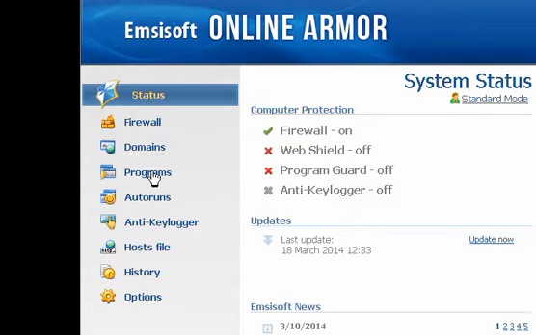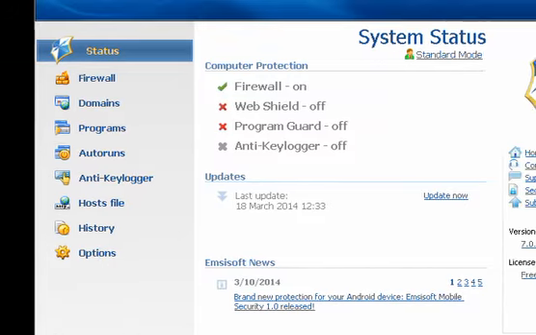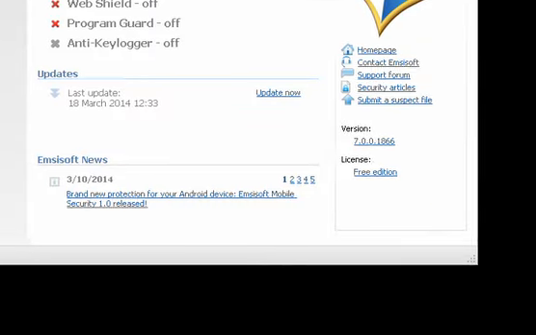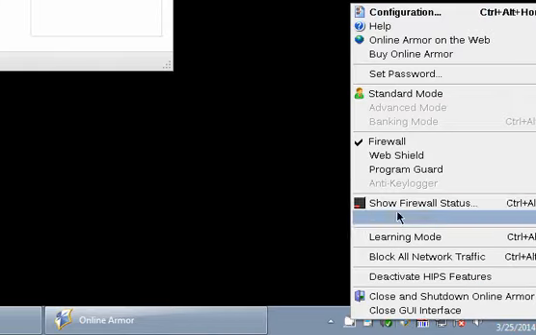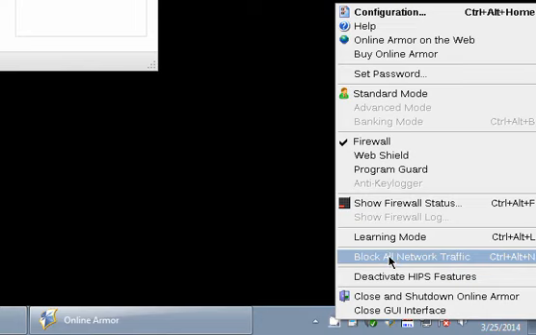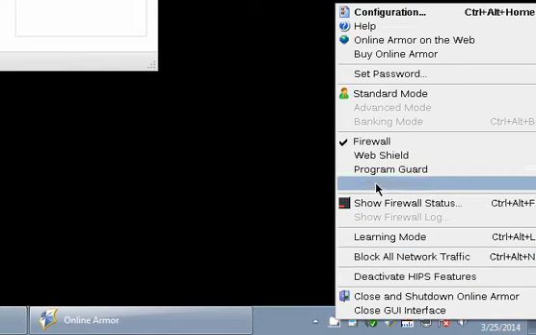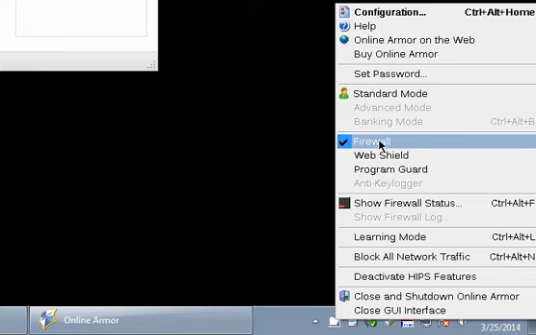You have programs you want to block. It's pretty easy to change. You just go down to the system tray, right click. You can have show firewall status, block all traffic in case you get a virus or something you're not sure is going on. Check mark these if you want extra protection like program guard to run. Right now I just have my firewall on,